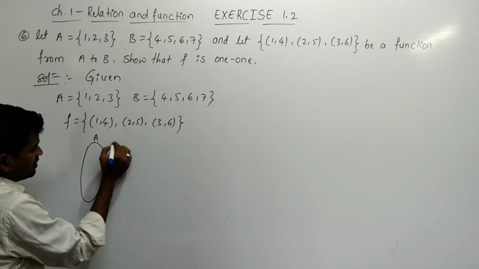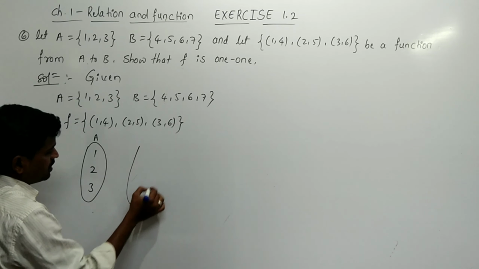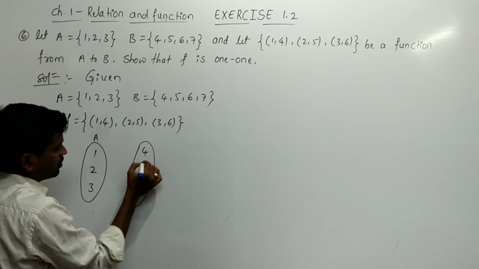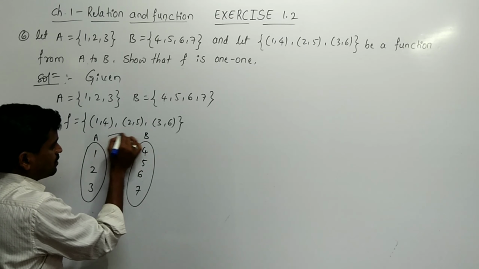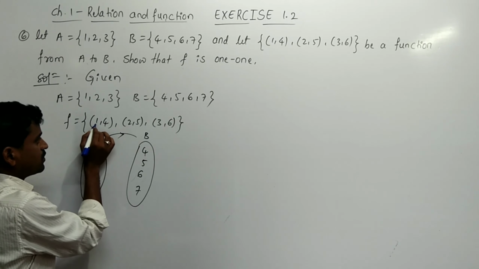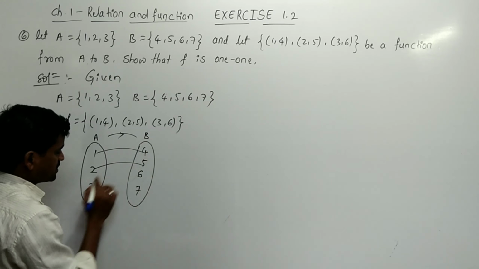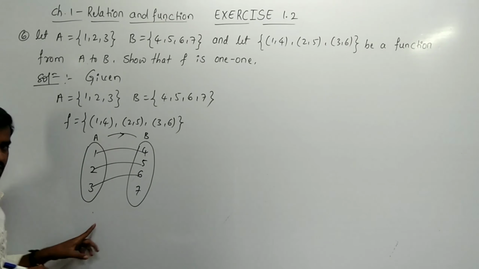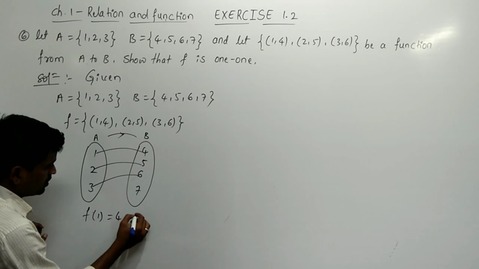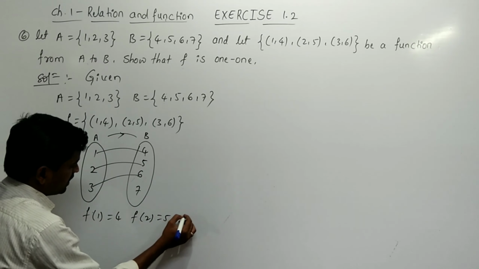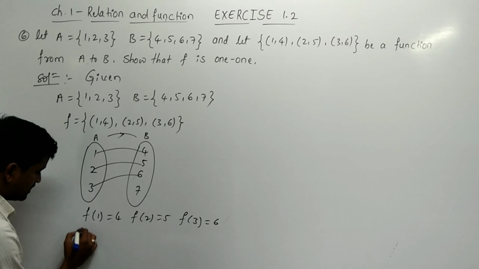Set of elements A is {1, 2, 3}. Set of elements B is {4, 5, 6, 7}. From A to B, the image of 1 is 4, the image of 2 is 5, the image of 3 is 6. The function is one-one. f of 1 is equal to 4, f of 2 is equal to 5, f of 3 is equal to 6. It is seen